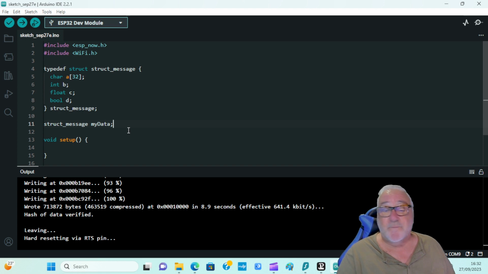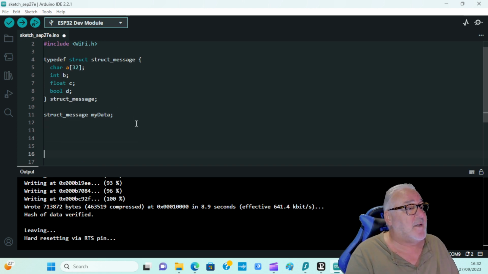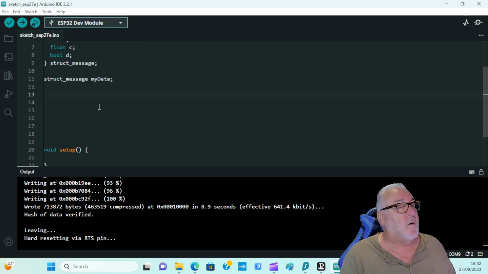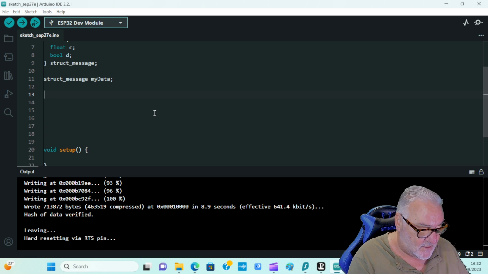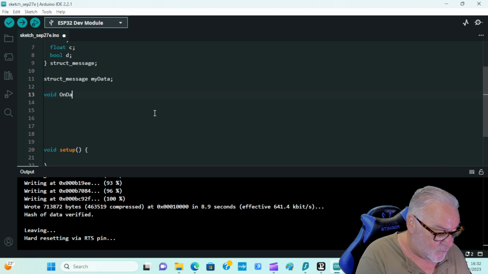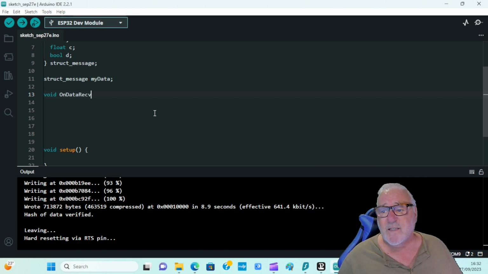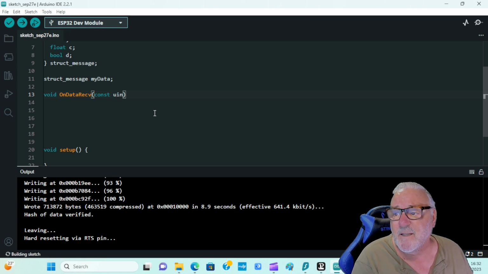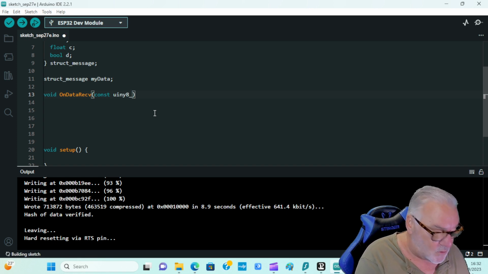Now let's put a few spaces in here, a few more. We need to set up a callback function. So it's void, space, OnDataRecv, with a capital N, capital D, and capital RECV for receive. Brackets on, const, space, uint8_t, space, star, space, mac,